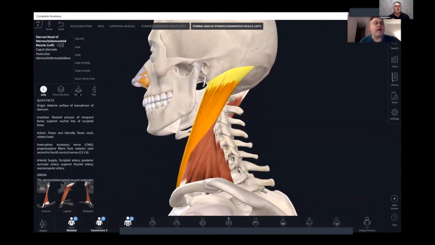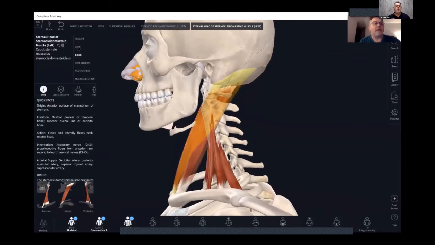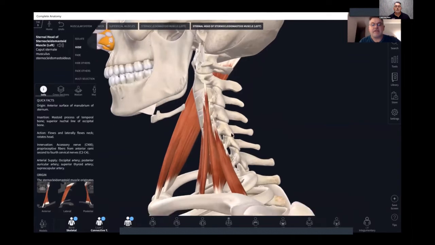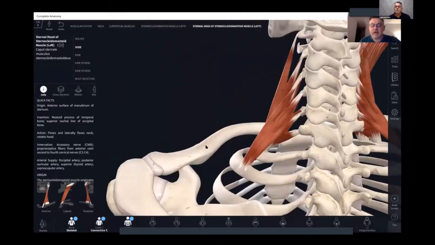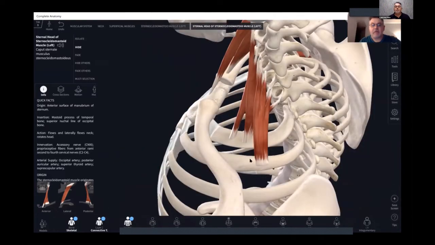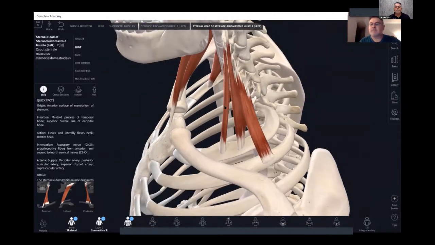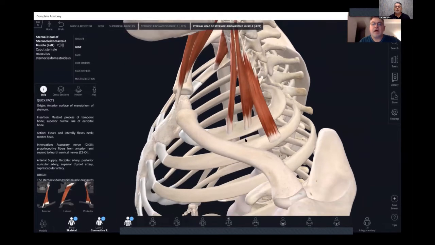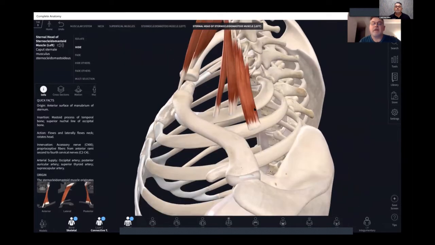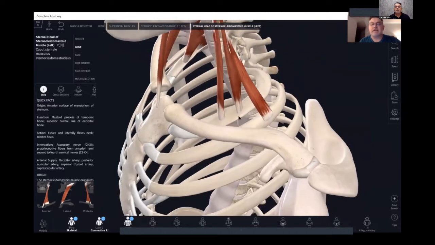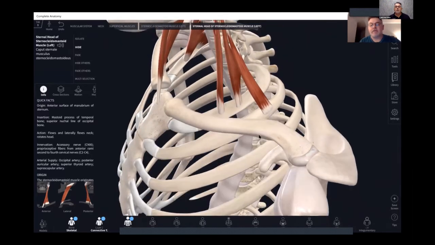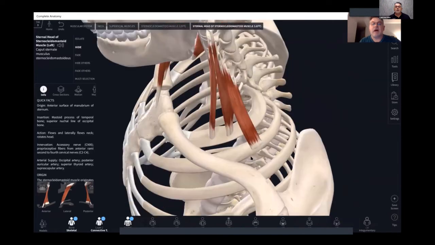I will fade that because I want to look a little bit. Actually, let me hide that. We'll take a look now at the scalenes. Scalenes are important because of their location. Anytime we're dealing with rotator cuff issues, or any radiating pain from the cervical spine out towards the shoulder, get concerned about the brachial plexus as it exits over the first rib underneath the clavicle,